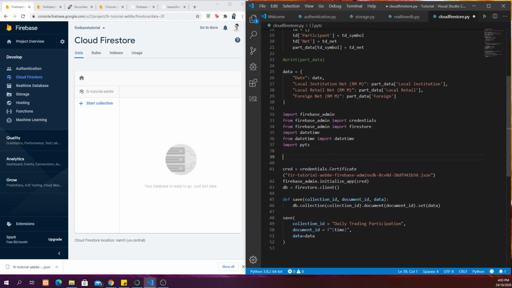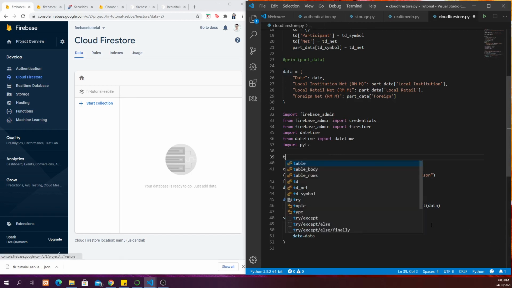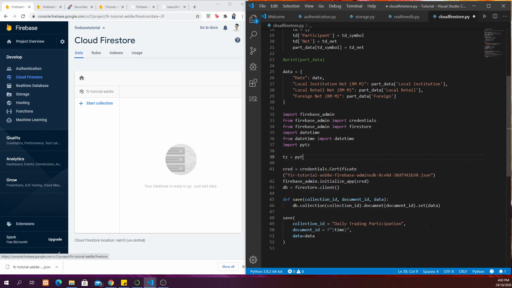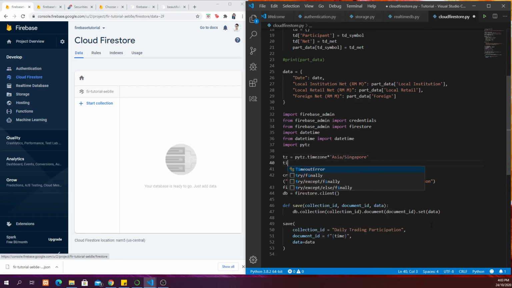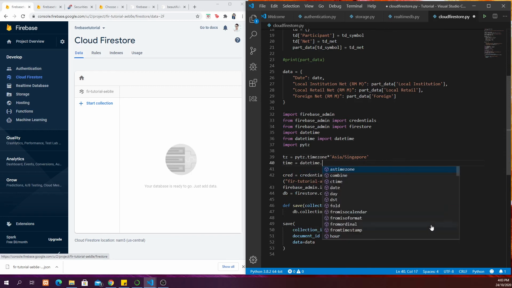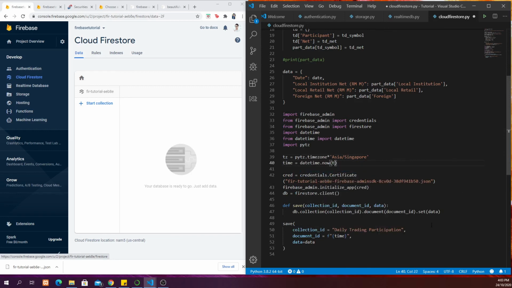And then my time zone will be equal to pytz dot timezone Asia Singapore, and then I can define the time is equal to datetime dot now time zone dot strftime, which we use to convert the datetime to string,